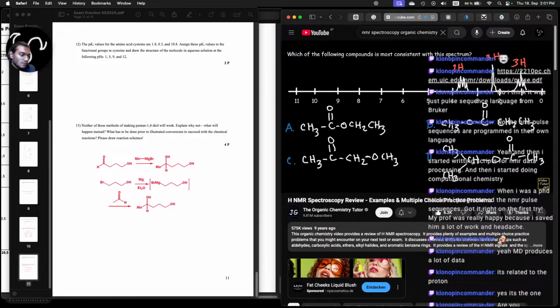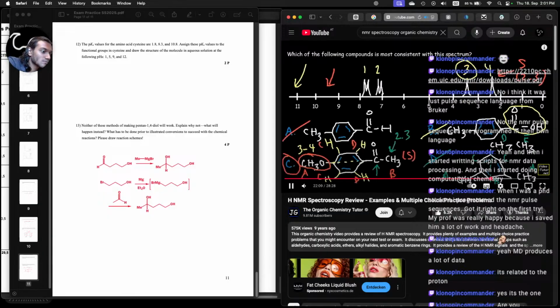Number 3, which of the following compounds here? So this is